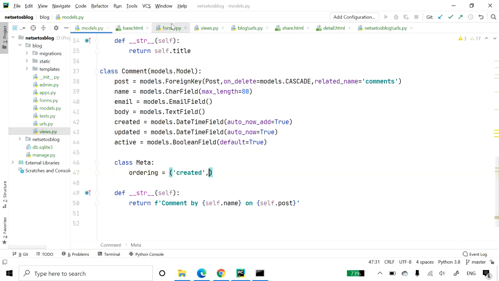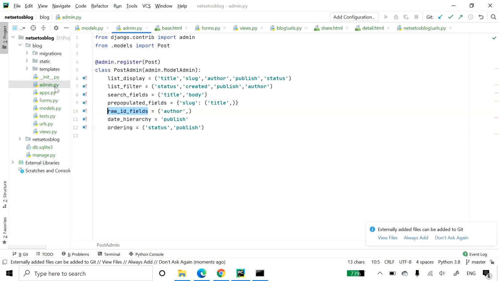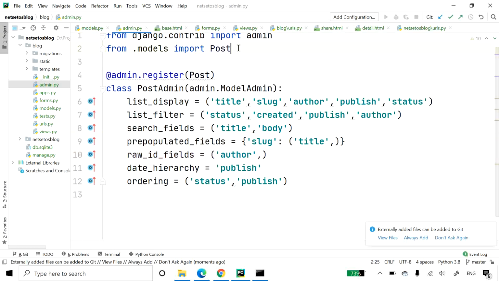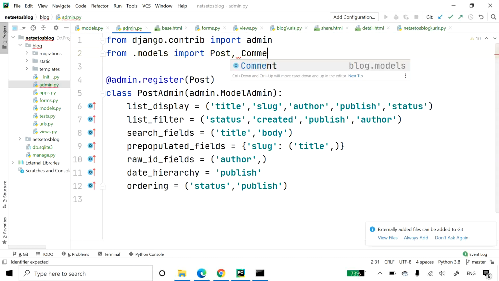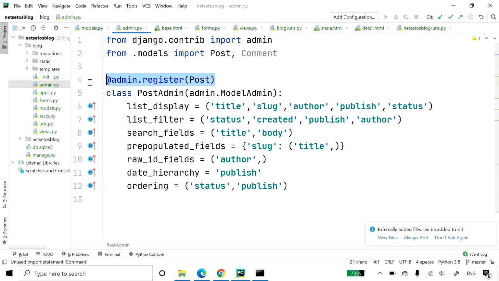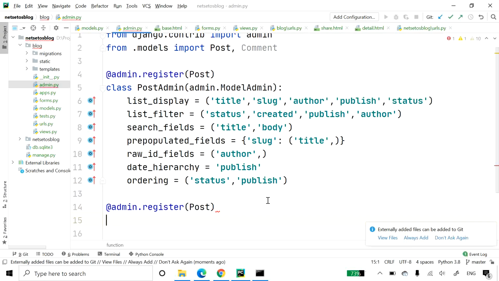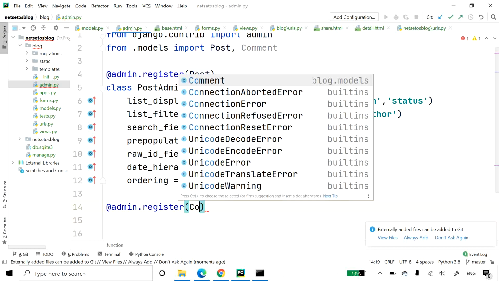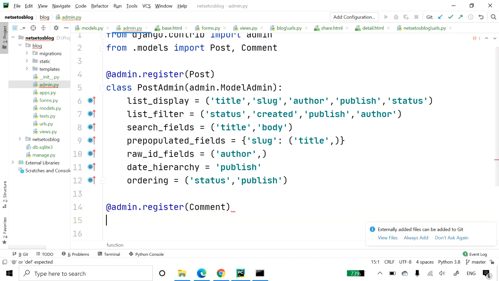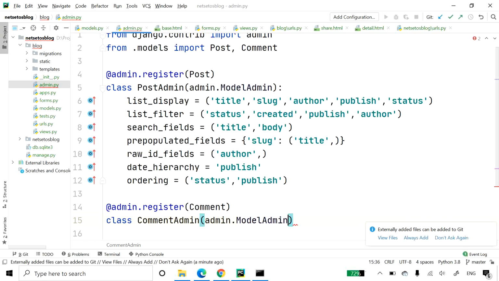So we will go to PyCharm and open admin.py. First of all, I need to add here Comment, and then I'll take this decorator and instead of Post I'll write Comment, and then we will add a class CommentAdmin, and here we will have admin.ModelAdmin.